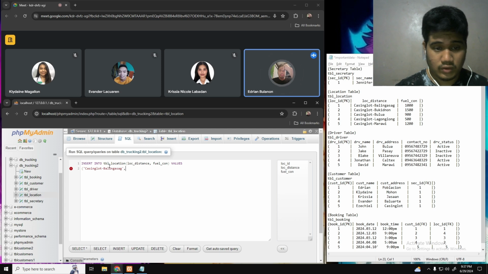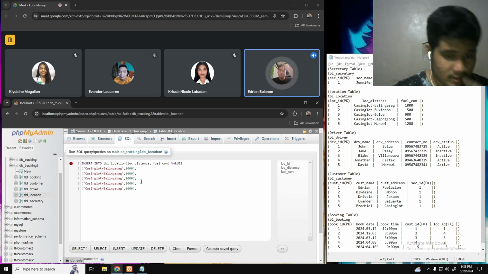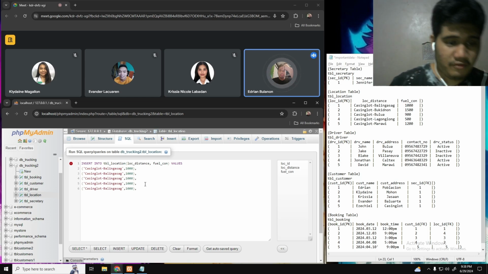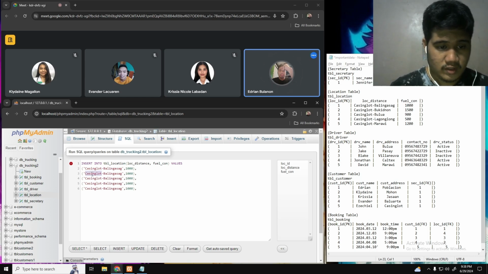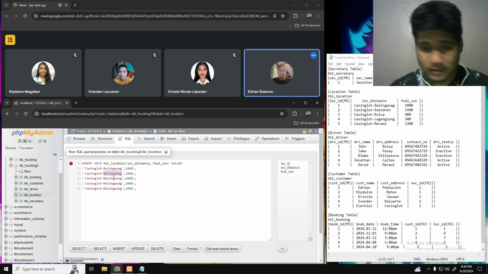Then the fuel consumption, and we will not be putting a single quote in fuel consumption since it is a numerical value. So we're gonna put 1000 here. Then we're just gonna copy paste it since we will be needing 5 records for each table, so this will be a lot faster.